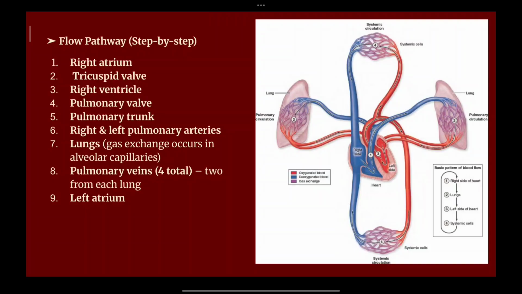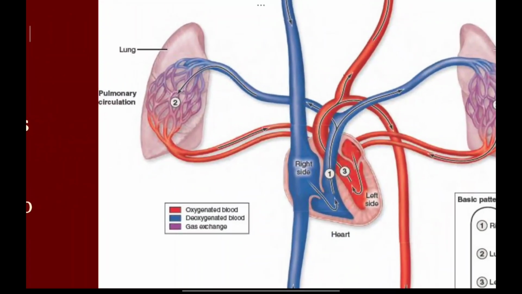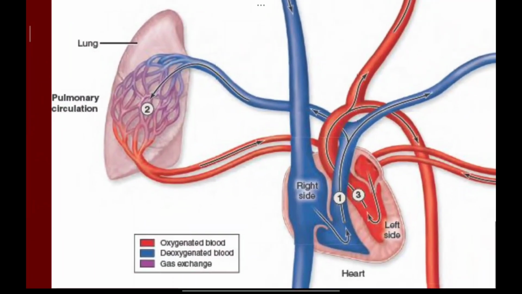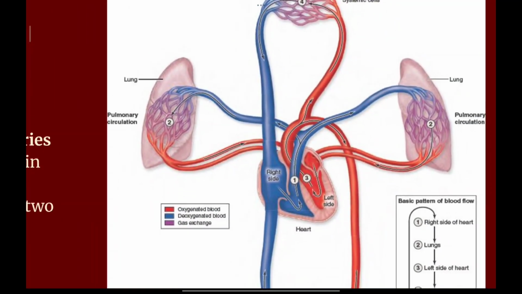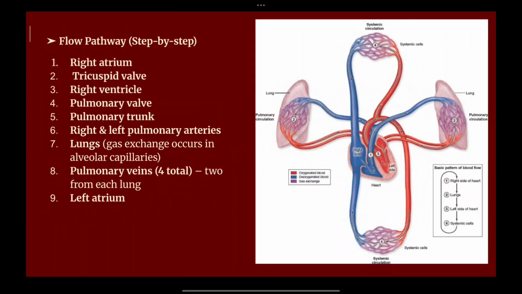Here you can see the right and left pulmonary arteries, represented in blue color, dividing again into the right and the left lungs, wherein the pulmonary circulation happens inside the lungs. The role of the lungs is gas exchange, and it occurs in the alveolus. The alveolar capillaries surround the alveolus. The alveolus does the diffusion part. When the diffusion takes place, the carbon dioxide is exchanged along with the oxygen. So the oxygenated blood is back into the alveolar capillaries.